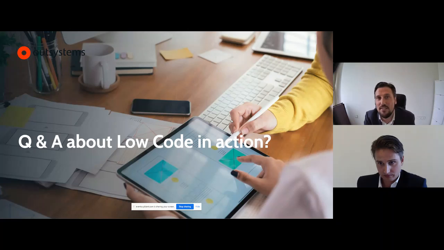And this means that citizen developers from the business can use no-code to create applications. And the most famous example that I have is, of course, WordPress,